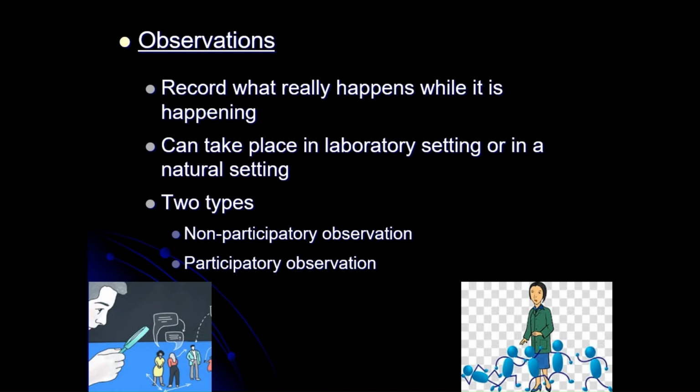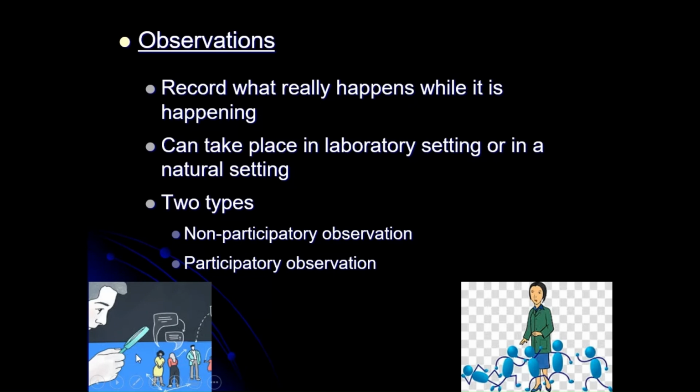You don't have to be in the class as a student, but from outside you can watch what is happening and collect your data. Even the professor, rather than living with the beggars, could have observed what the beggars are doing and collected the data. This is an example of